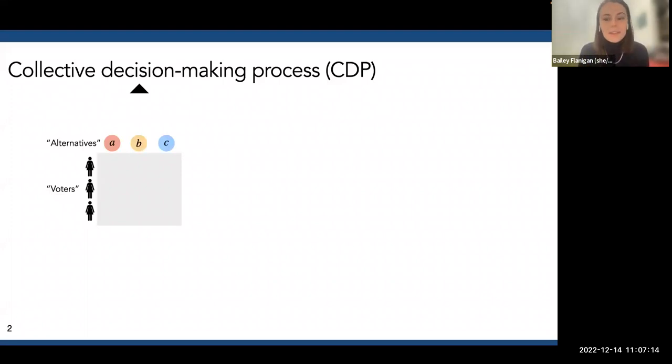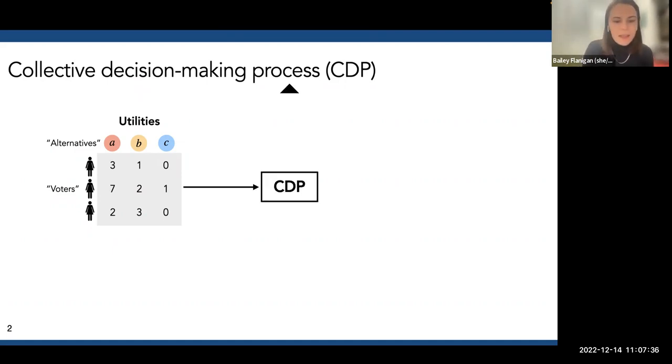We're going to be making a decision over some alternatives, and we're going to discretize the space of possible outcomes. So we're going to think of them as A, B, C, D alternatives. And voters are not divorced from this decision. They stand to gain or lose, depending on which alternative gets chosen in the decision. And we measure how much they stand to gain or lose with utilities. The higher the utility, the more people stand to gain.